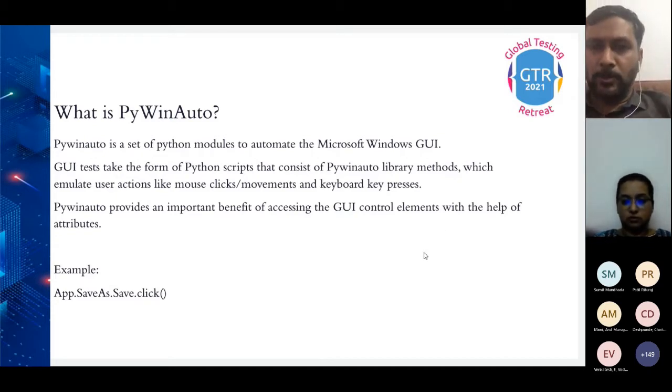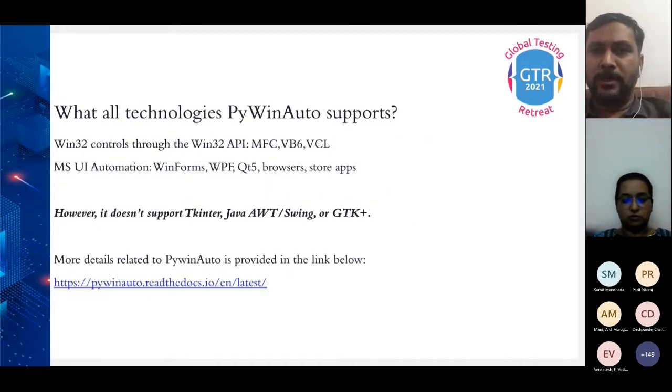So with Pywin Auto, you would have the benefit of automating the different Windows 32 controls with the Windows 32 API, be it from the Microsoft Foundation Class or VB6 or VCL. Apart from which, you have Windows Forms, WPF, or the various browsers and store apps as well.